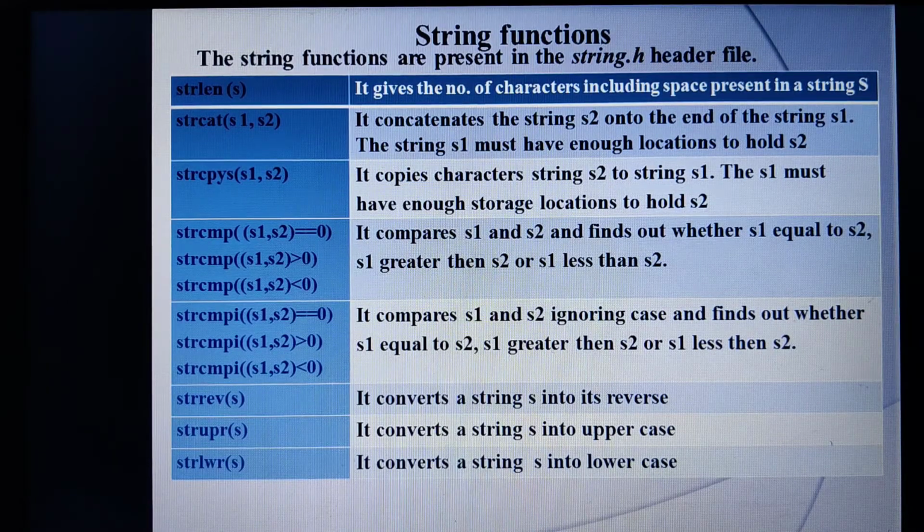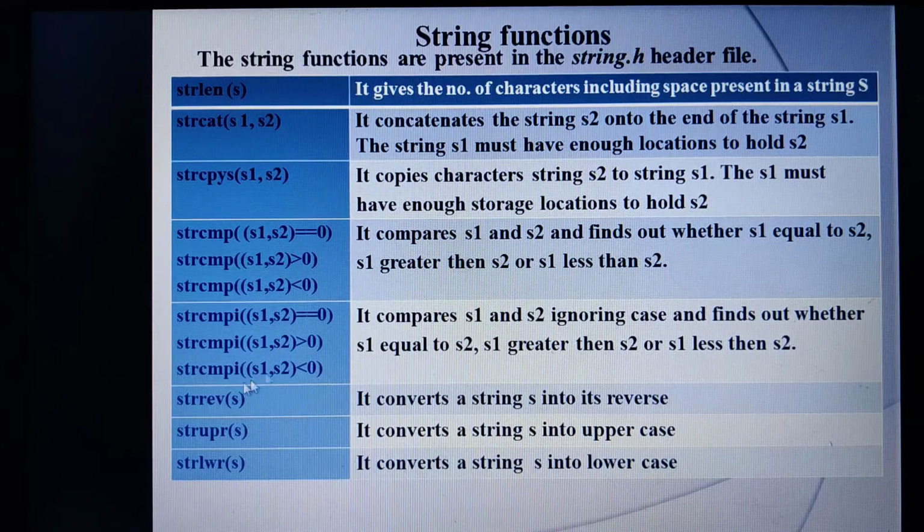In the next case, if string S1 is less than S2, then it will give me the value in terms of negative. Therefore, string compare is actually comparing whether the two strings are equal, or S1 is greater than, or less than S2.